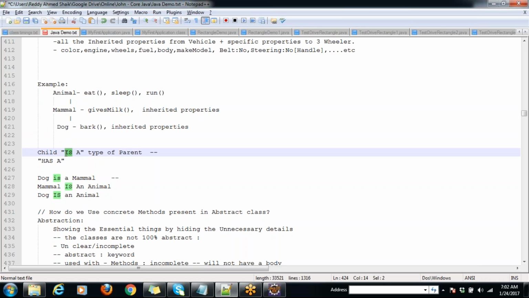An is-a relationship can be described when there is an inheritance relationship between two classes. Similarly, we have a has-a relationship. A has-a relationship is where one object is constituting another object. For example, if you take a real example like